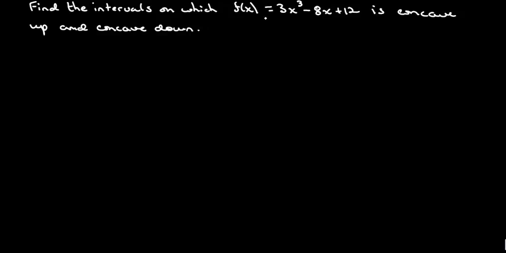So the couple things that we can do here is we can first find the derivative. So that's going to be 9x squared minus 8. So that leads us to our critical points. Now this is what I would want to see on a test. I don't want to just see the final graph. So the critical points for this are when this guy